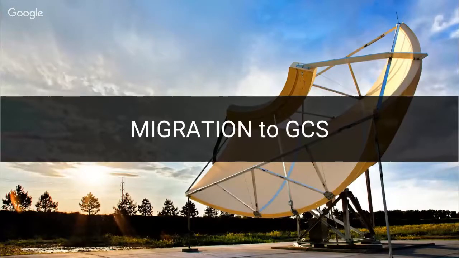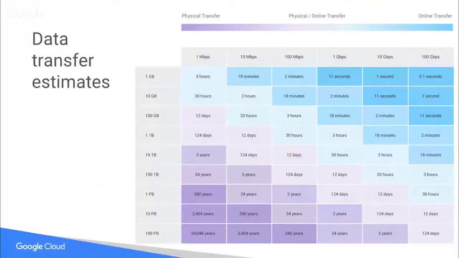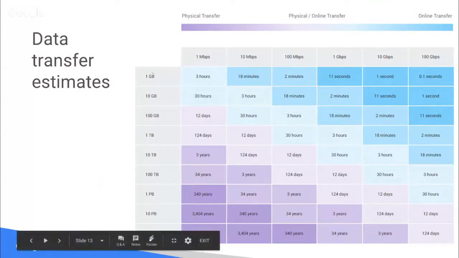So now that we have discussed some of the basic capabilities, how can you move your data to GCS? This could be a really complicated question, because it depends on the amount of data. So you see on the y-axis, I have,